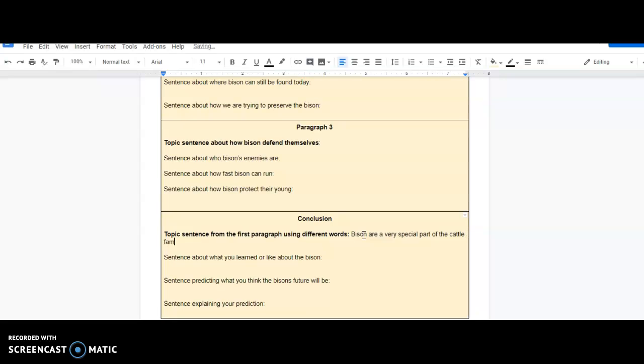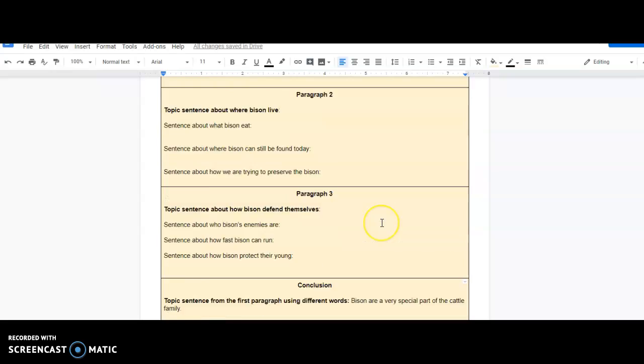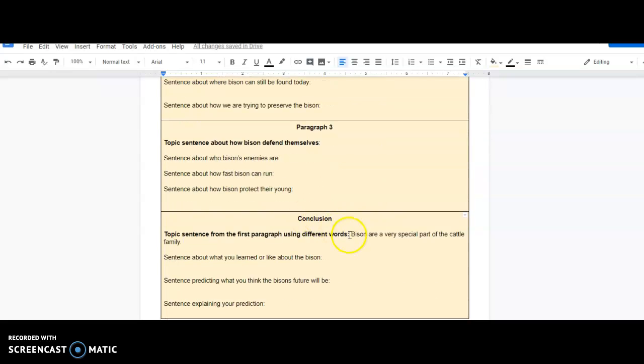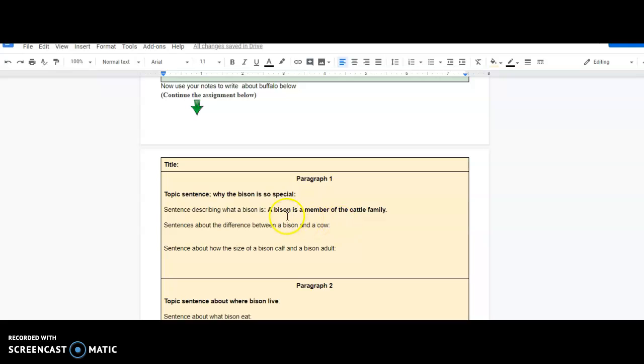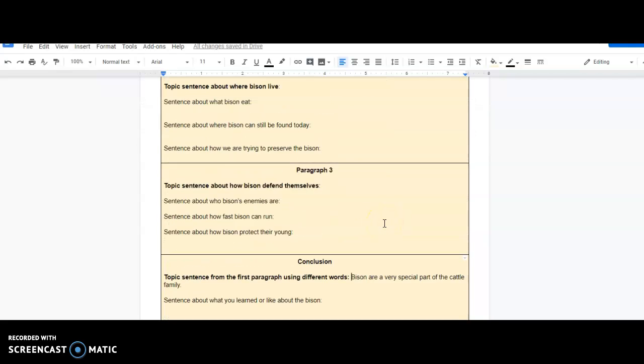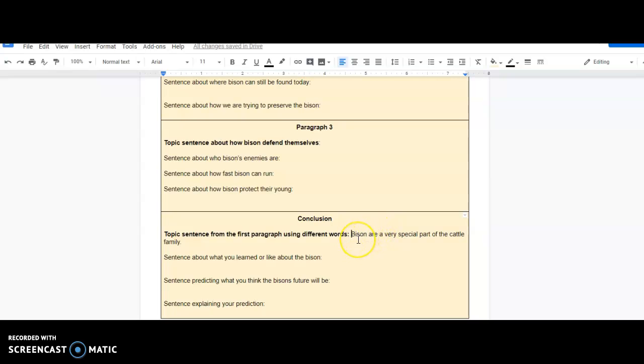Now I have created a sentence that's almost just like the one up above. I've just kind of restated it, haven't I? But I didn't copy it. You can see it's similar. Sometimes students have actually used the exact same one, and depending upon their grade level, I haven't taken off very many points. But I would like you to get into that habit of just taking that topic sentence, restating it,